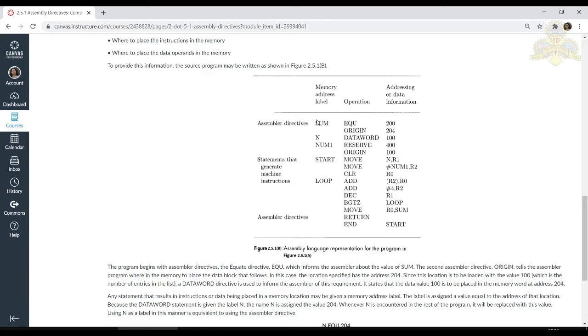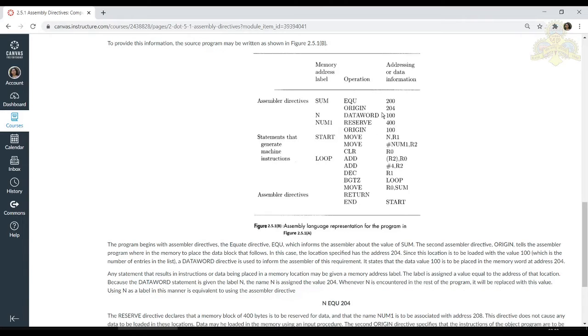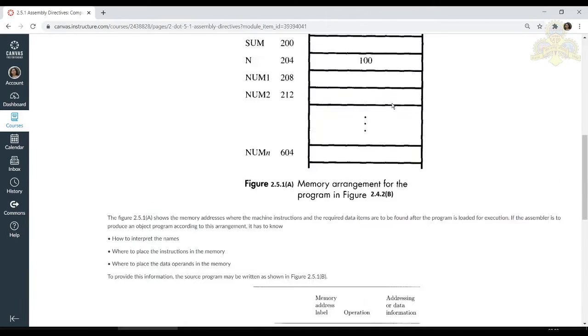First, whenever your assembler sees sum equals 200, it would understand that this memory location, this sum, is a label of that particular memory location, and the address would be 200. This sum should be in the memory location 200. It would point to memory location 200.